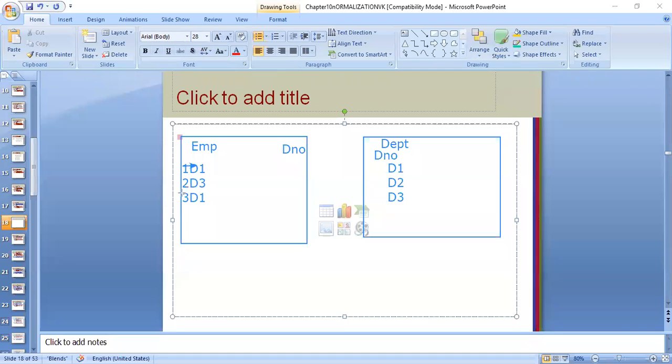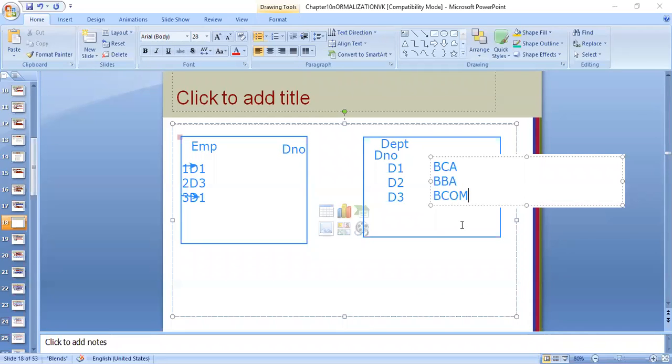I can immediately understand. Suppose department number 1's name is BCA, department number 2's name is BBA and department number 3's name is BCom. Suppose the question asked is, tell me the employees who are working in the BCA department.